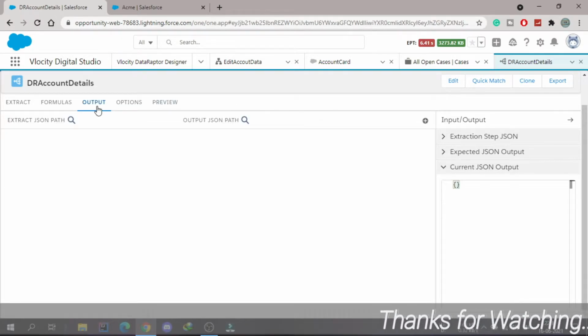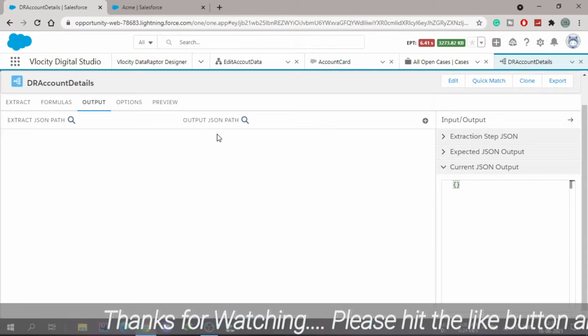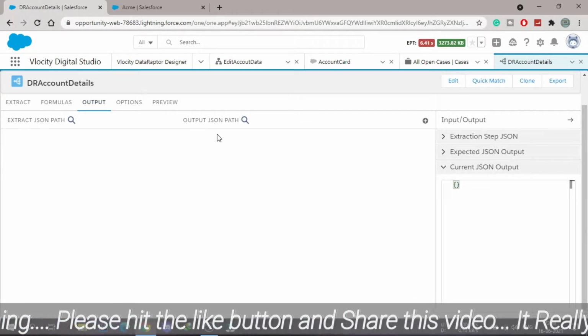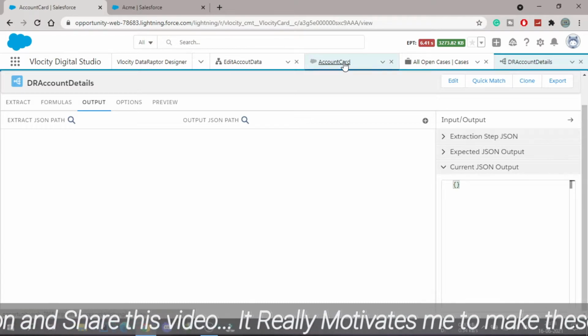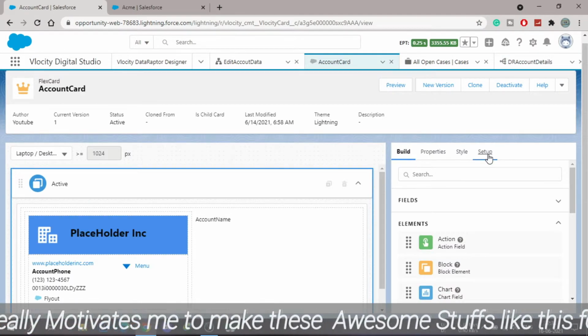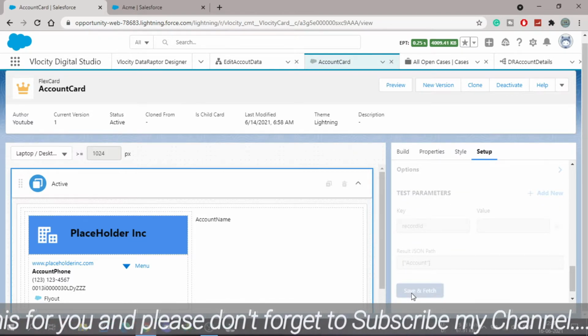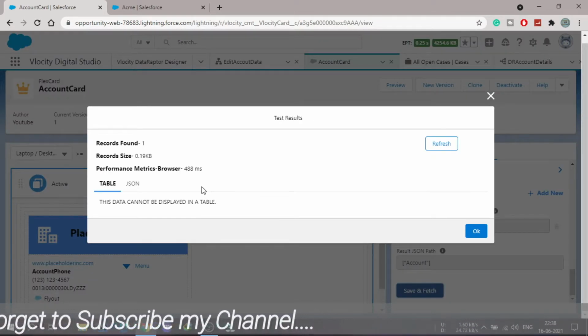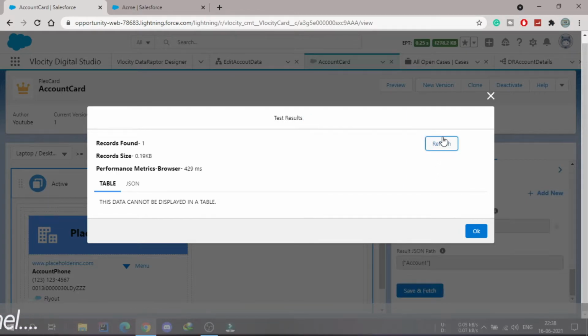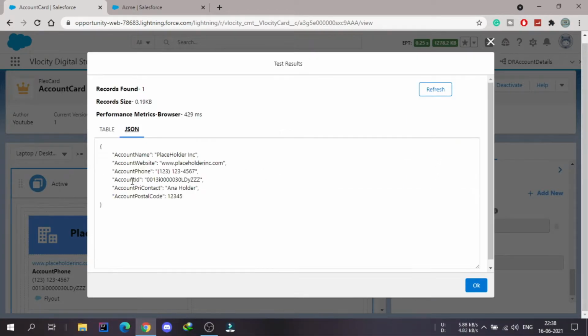In this output subtab we need to specify the fields which we are going to use. So let's go back to our card and see which of the fields we were using there. So if I go back here, and if I save and fetch, I need to refresh this. So here you can see we are using these things. Okay, so let me copy this,